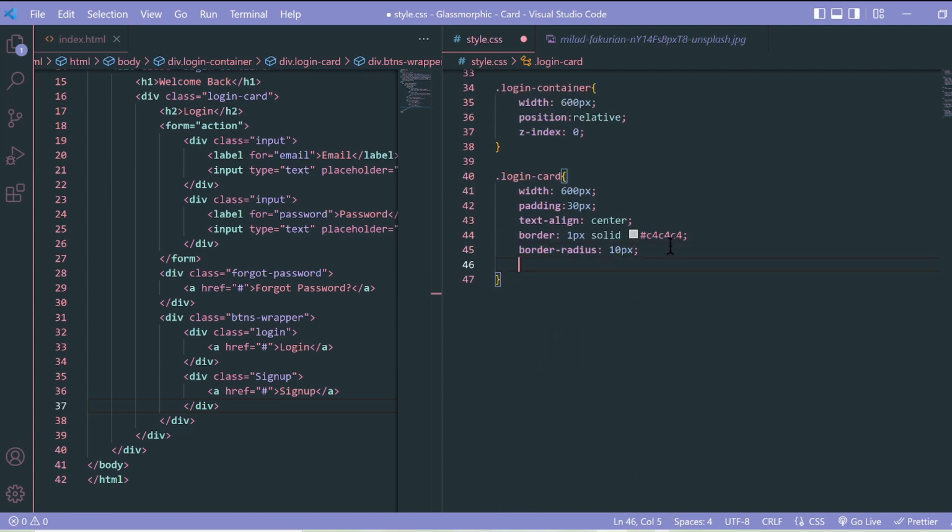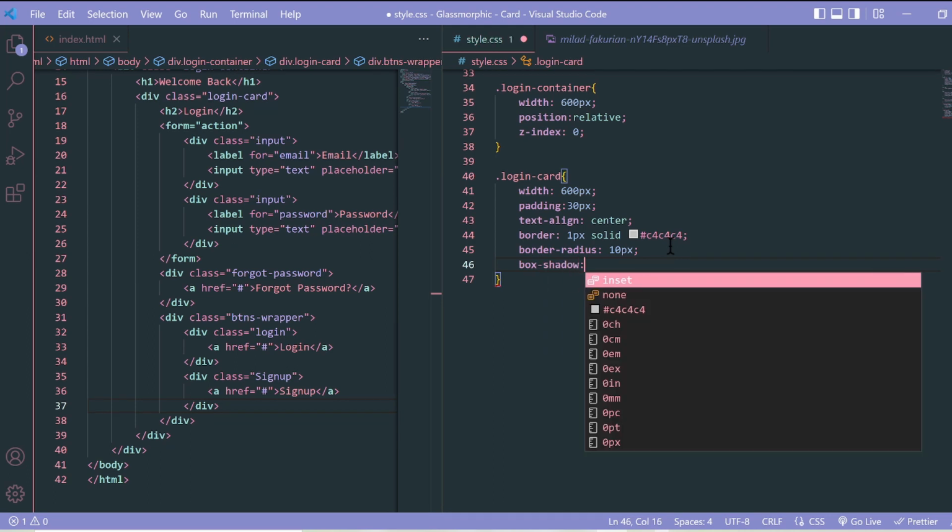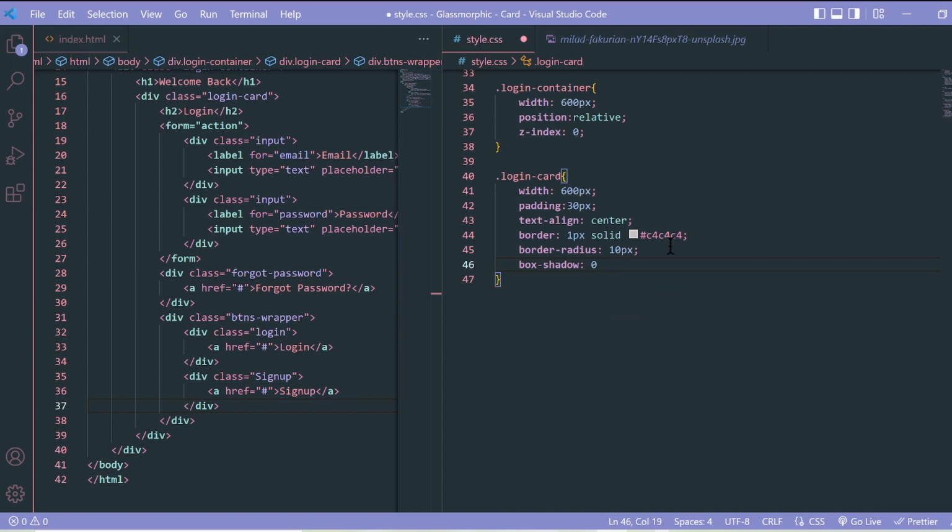And next, we will add a box shadow to it. This will make it look like the card is floating, like it's 3D basically. So the box shadow is 0, and then 5 pixels, and then 15 pixels. Then we're going to add an RGBA, and that is going to be 0, 0, 0,